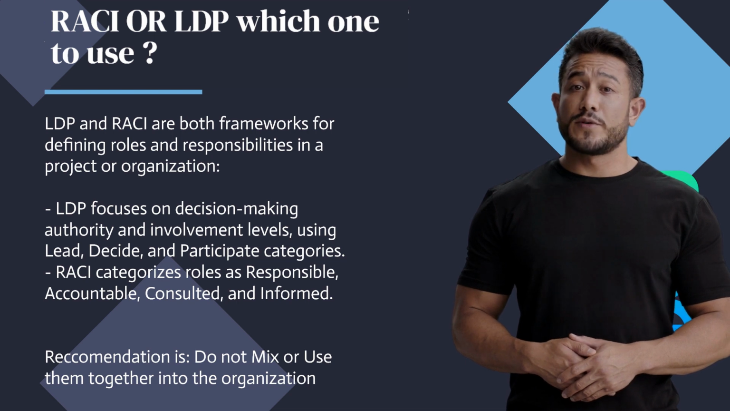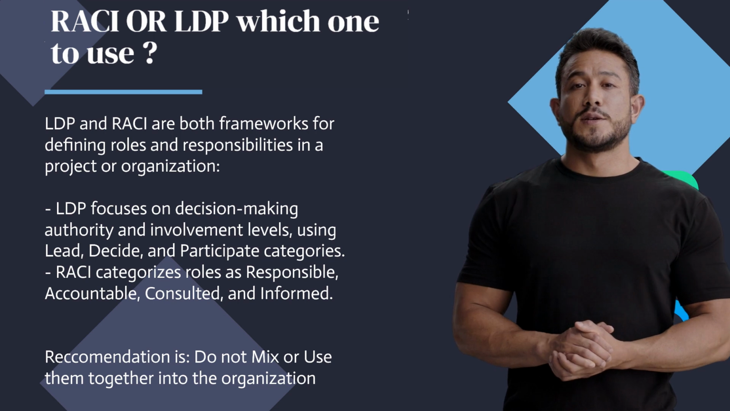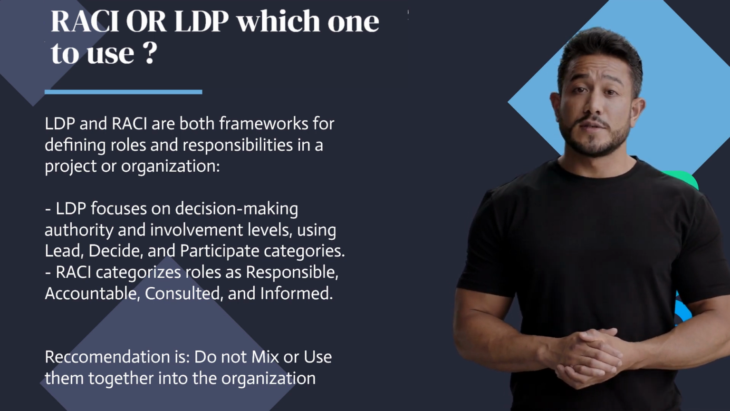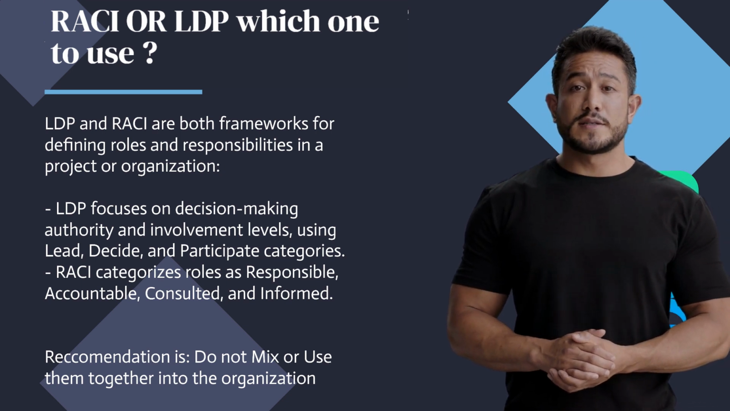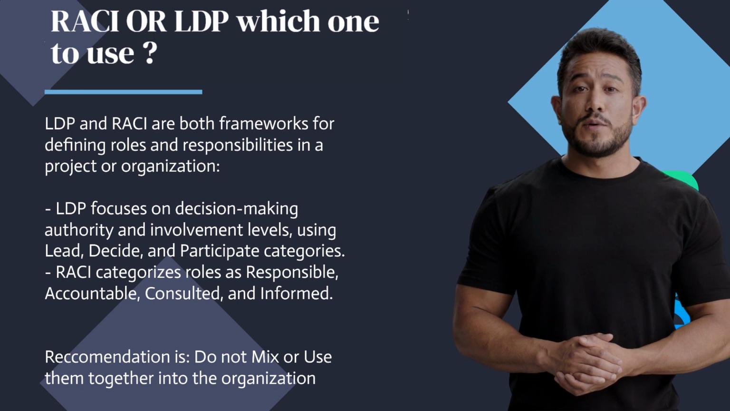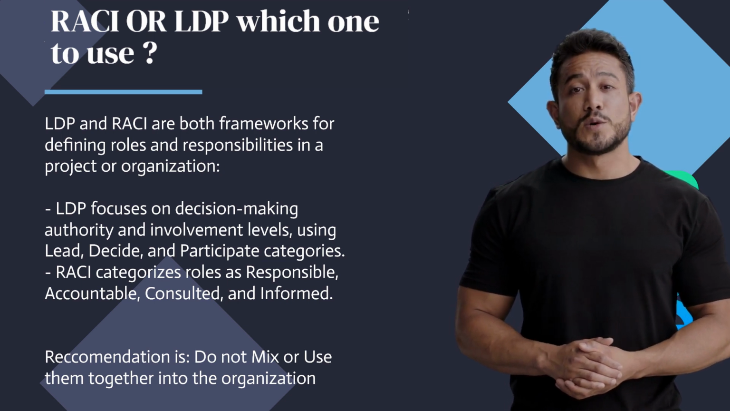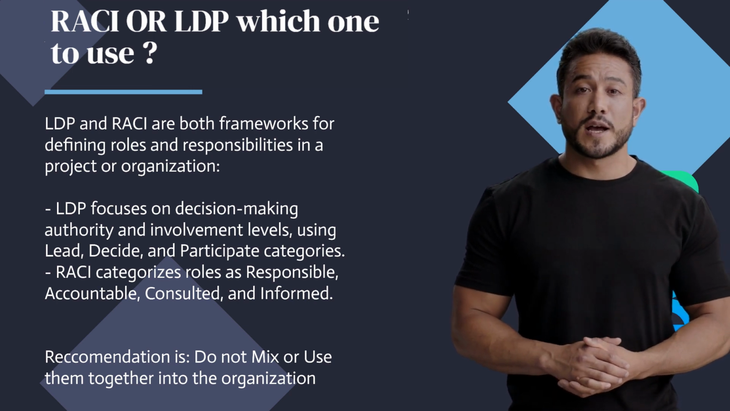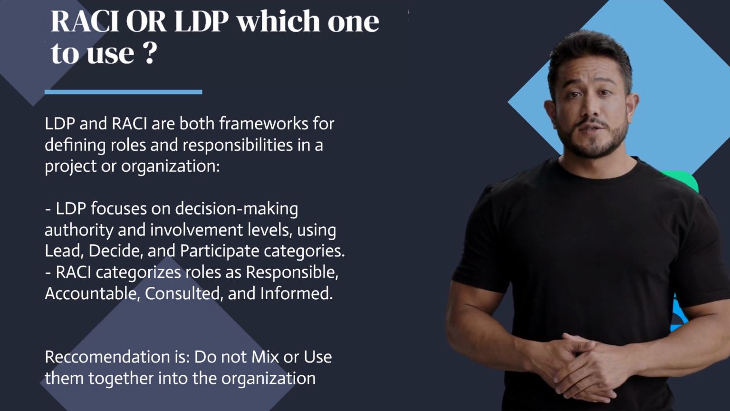LDP and RACI are both frameworks for defining roles and responsibilities in a project or organization. LDP focuses on decision-making authority and involvement levels, using lead, decide, and participate categories. RACI categorizes roles as responsible, accountable, consulted, and informed. My recommendation is, do not mix or use them together in the organization. Choose one of the two models and keep it for a period of time to guarantee consistency of documentation and